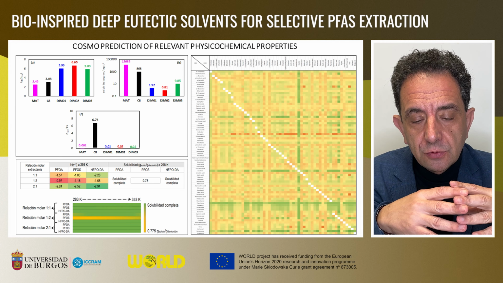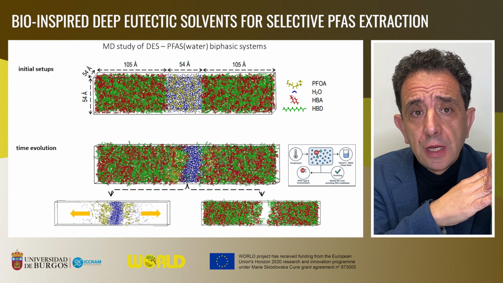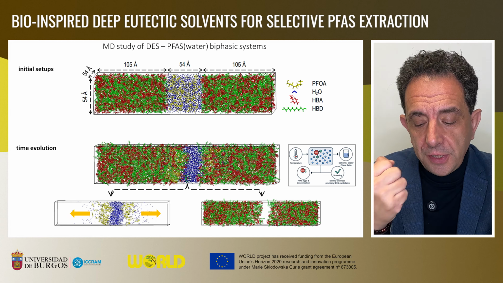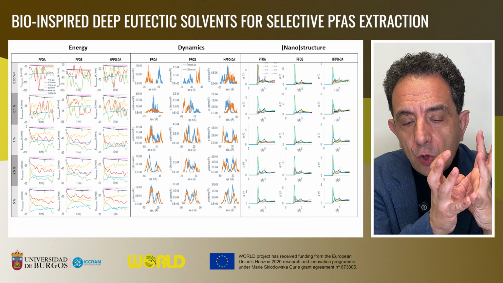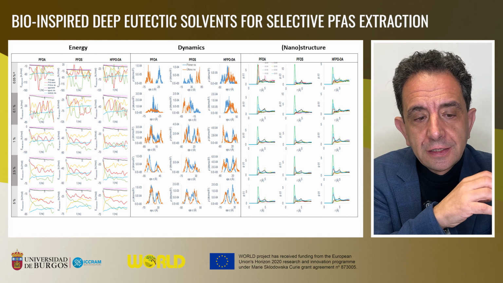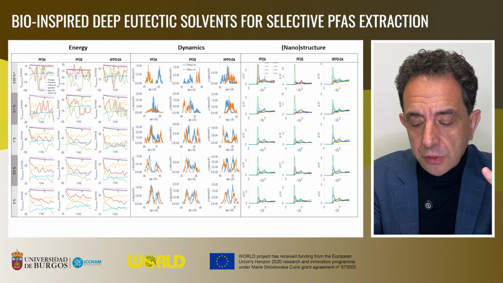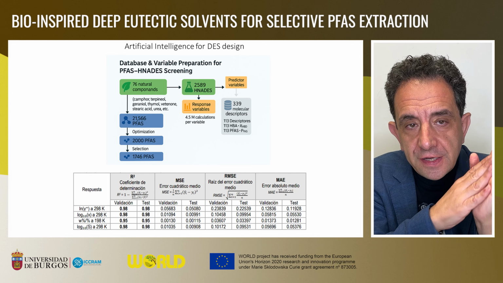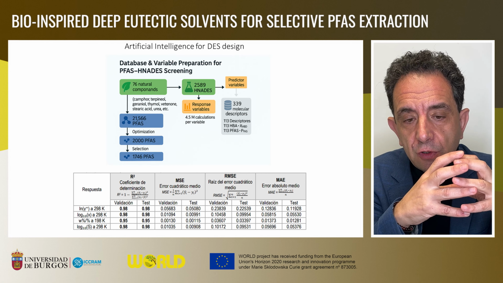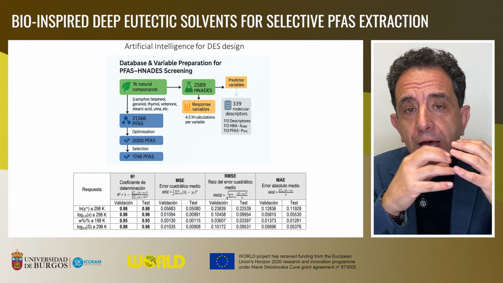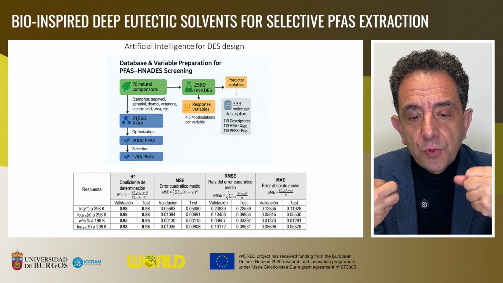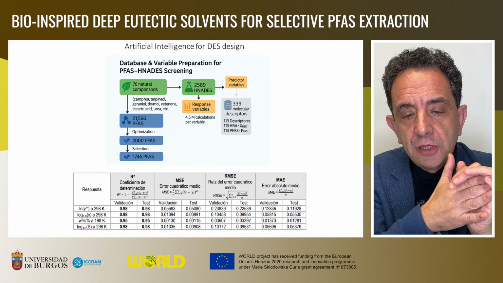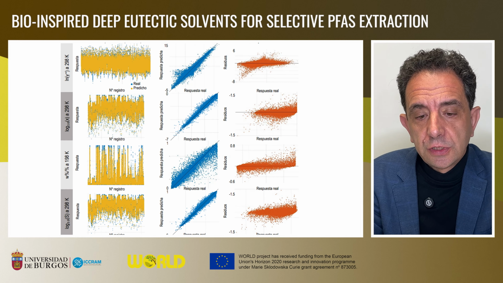This molecular level picture allows us to infer the most suitable conditions, the molecular level behavior of the PFAS regarding the water phase and the organic phase that we are developing, and at the end, the analysis of the whole properties at the molecular level of the system, the energy, the dynamics, and the nanostructure allow us to develop a whole process using artificial intelligence in which finally we have been able to develop a suitable solvent through the combination of natural compounds and fatty acids coming from the work process, which is suitable for the large database, the large family of compounds which we are targeting when we treat water for PFAS